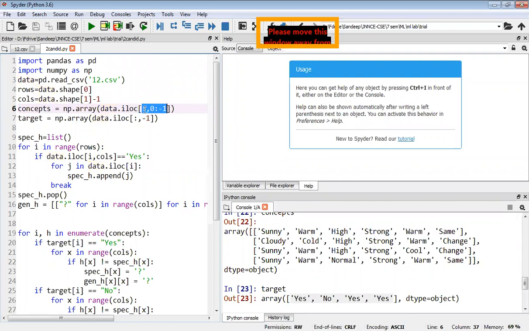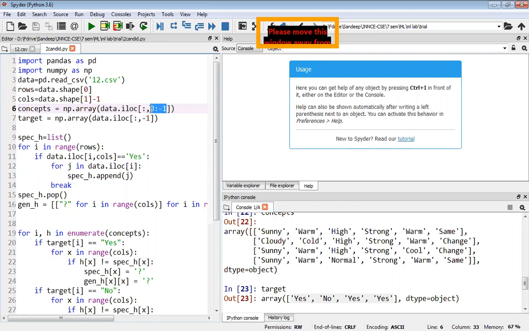data.iloc, you have to give the index, row value and column value. If I put colon in the row values place, that means all the rows. And in the column value, I am giving the range starting from 0th column to -1, which indicates the last column, but except the last column.